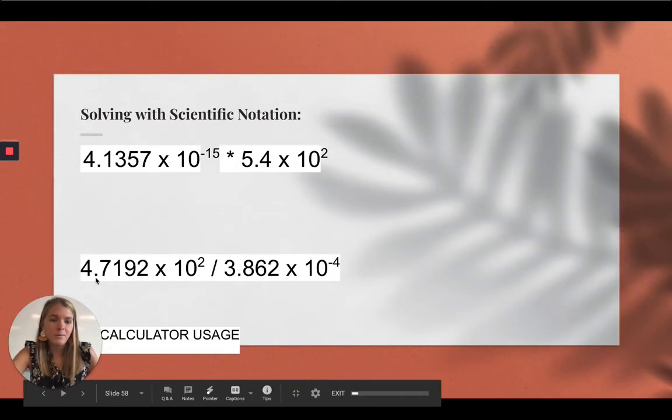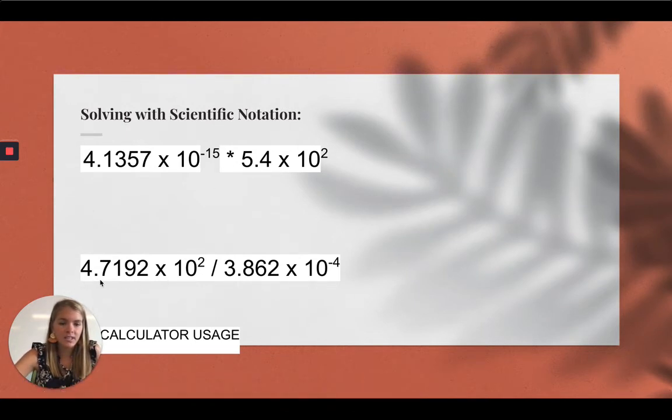Just for the final portion of this video, I do want to go over sig figs with scientific notation. Sig figs are still going to apply. So in this question here, we had 5 sig figs here in this first answer. We do not include the times 10 to the second in this counting the sig figs. So this 4.7192 has 1, 2, 3, 4, 5 sig figs, whereas this 5.4 times 10 to the second has